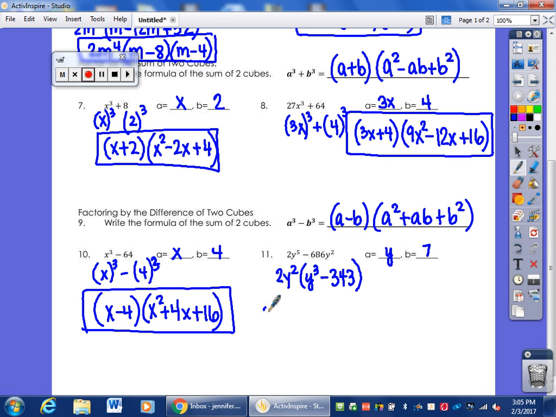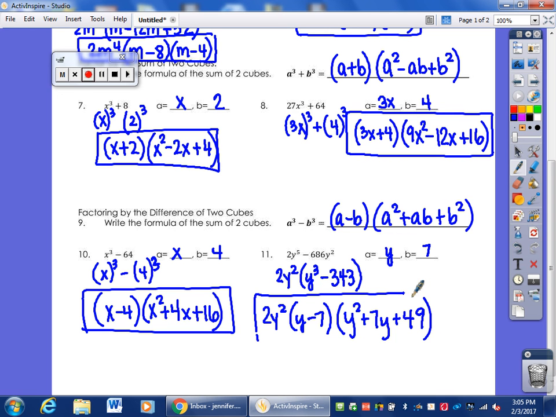So we're going to have 2y squared, and we're going to have y minus 7, and then y squared plus 7y, and then plus 49. So all three of those terms have to be